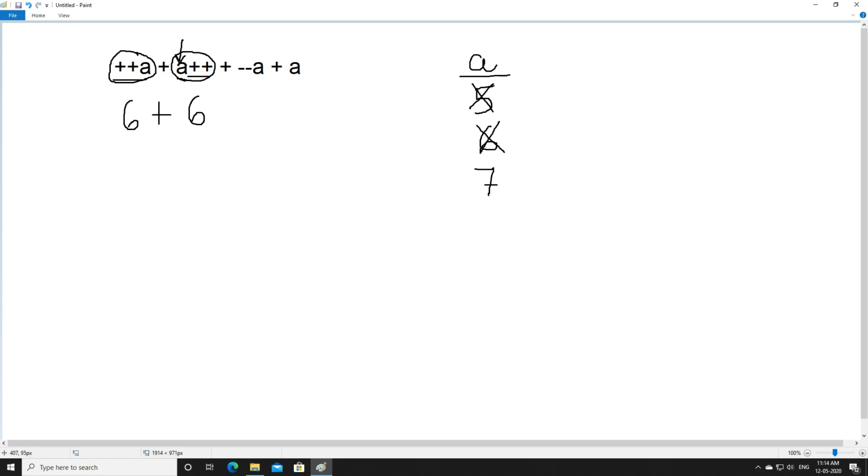The reason is, first we have to use the existing value of a. We are using the concept of post increment. So post increment says that first use the present value, and then you can increase it. What is the present value here of a? That is 6, and then we have to use 6 here, and after that we can increase it. The value of a can be increased to 7.